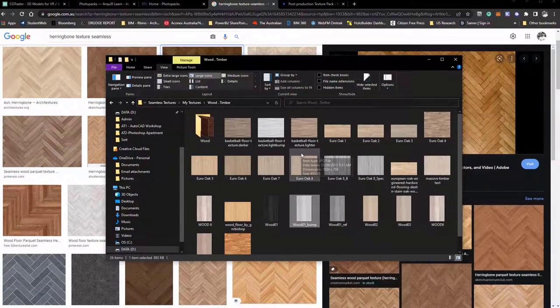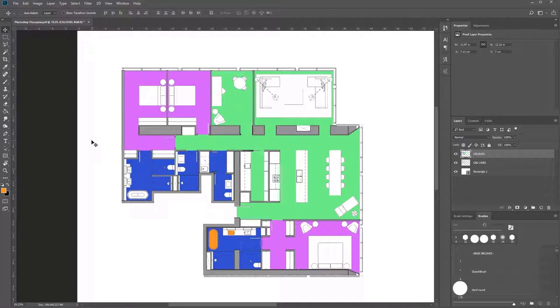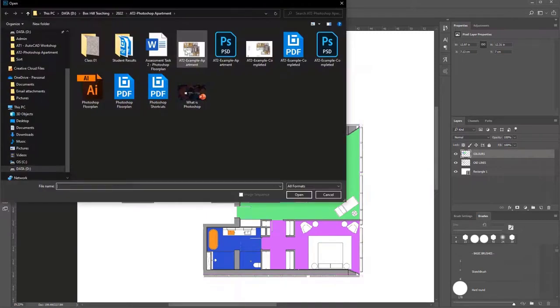So I don't need to go find every type of wood under the sun. I just need to find a really nice high resolution, seamless, repeatable texture. And then we can change the characteristics and the colorization within Photoshop. So what I've done in this instance, I've already downloaded a texture. Once you've downloaded that texture and filed it in the right location, we can then go File Open in